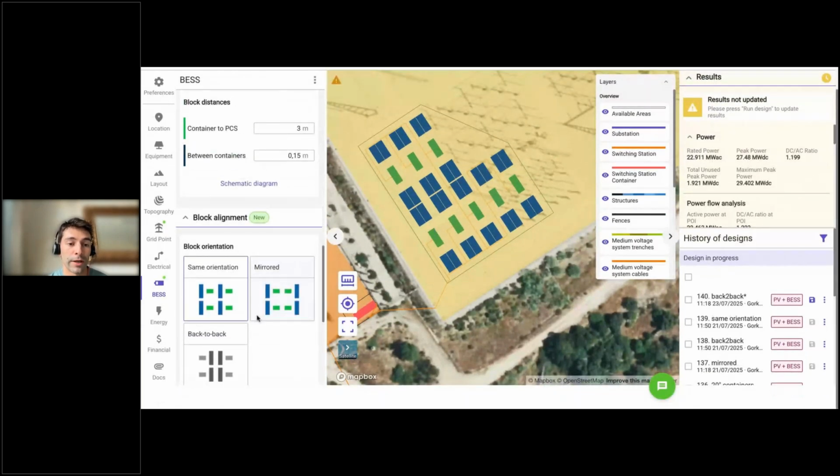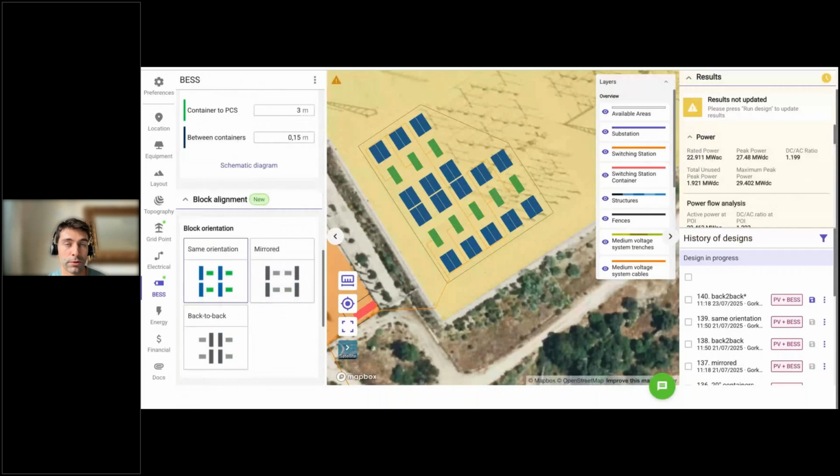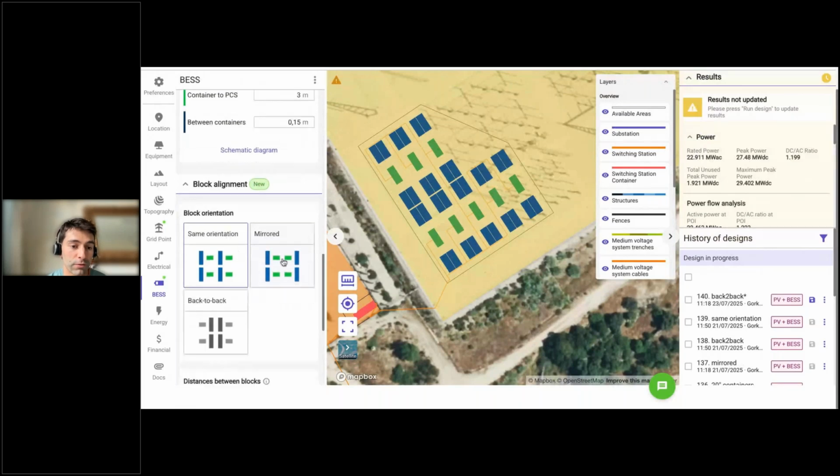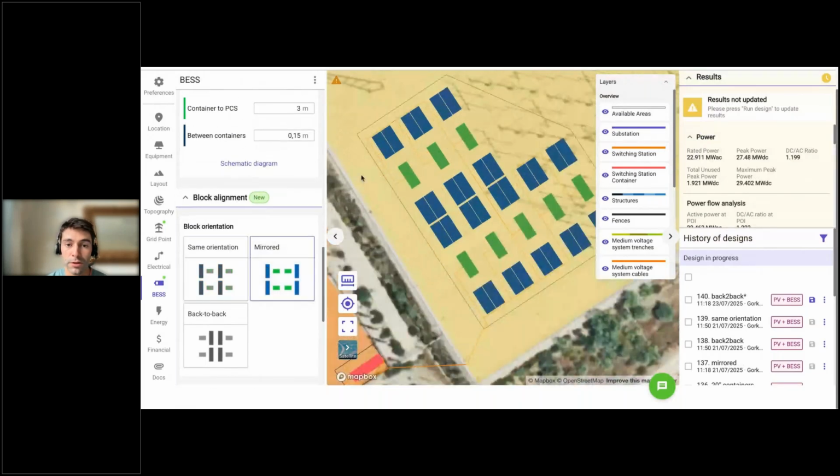So even though the individual blocks don't have these new options, you can still change this in here. So for example, if I choose mirror and I run the design,